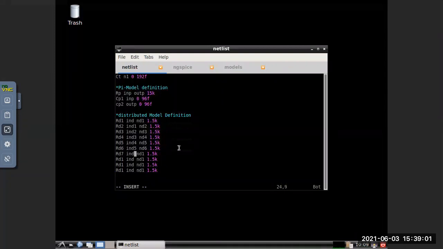Then in 6, the nodes will all change. Okay, so this is node 7, then node 8, node 9.